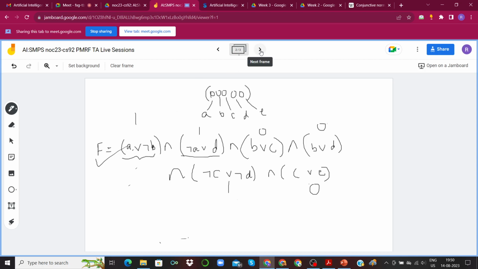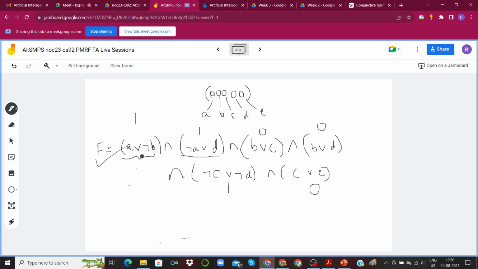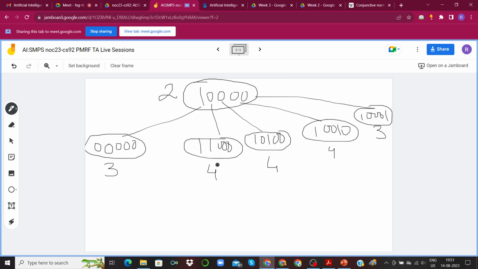So we have to find a configuration where the heuristic value reaches how many clauses there are. We have 1, 2, 3, 4, 5, 6 clauses. So the heuristic value must come to 6. Here we would go to the most promising looking solution from this point. We were at a node which had a heuristic value of 2.